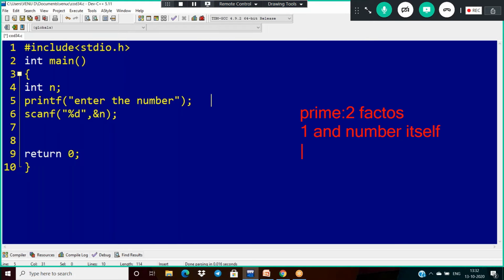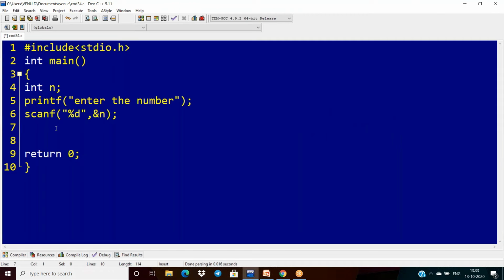The first approach follows the mathematical definition: a prime has exactly two factors. According to that, I explain first. First of all I have to calculate: i equal to 1 and i less than or equal to n, i plus plus.